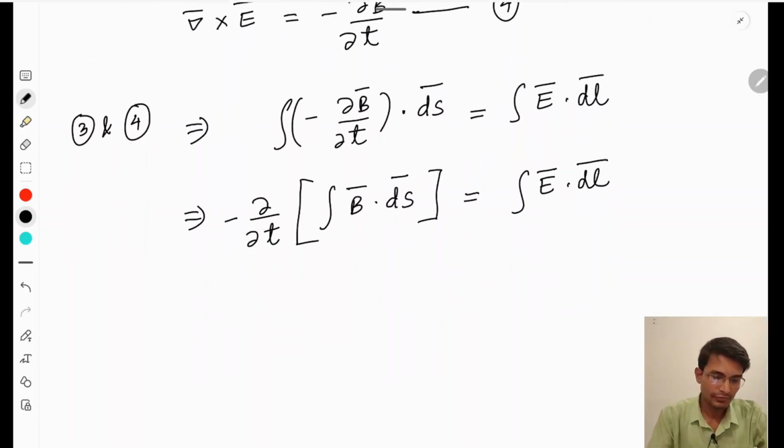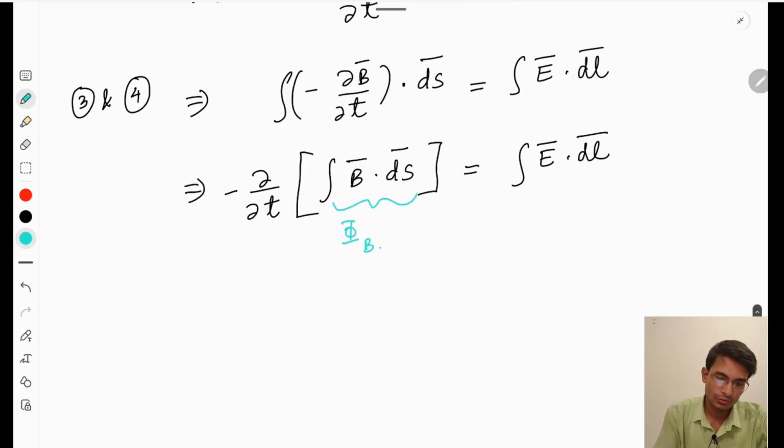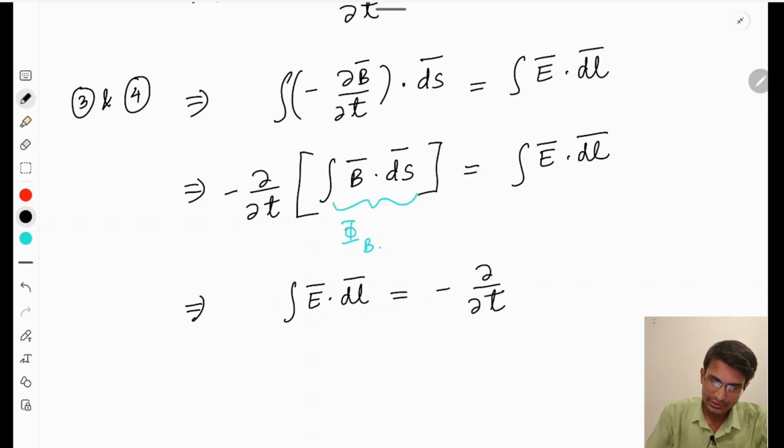Now from the definition, this is nothing but the flux of the magnetic field phi B. So from this we will obtain E dot dL is equal to minus del by del T of phi B,